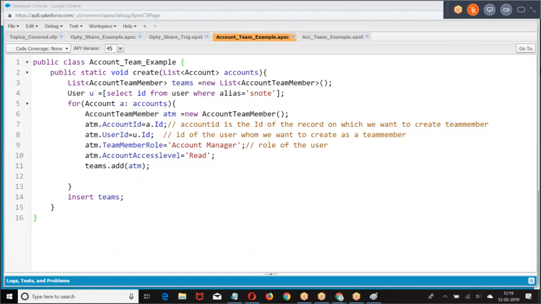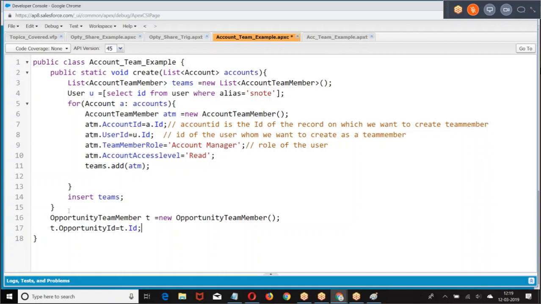Check out this. Simply what we are doing. Opportunity. T dot opportunity equal to the ID of the opportunity.